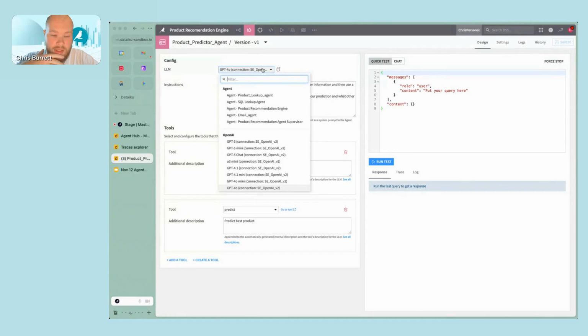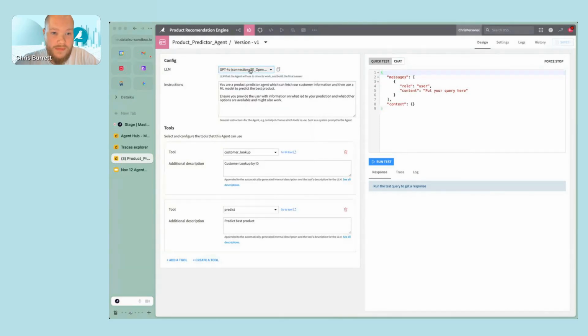But for this specific task, it's a relatively basic task, using a cheaper model essentially. We just want to fetch a specific record from a dataset, namely a customer ID. Then we want to use a traditional ML model, the random forest model, to predict the best next product. That's a relatively simple task, so we can tell this sub-agent to use GPT-4o. That's another great advantage: it enables you to do cost and performance optimization at a more granular level